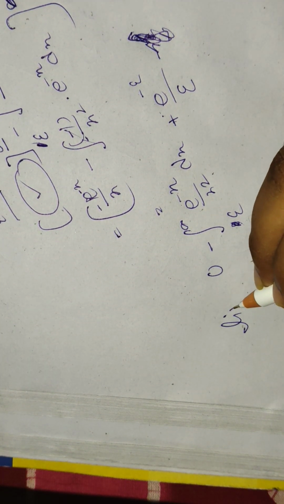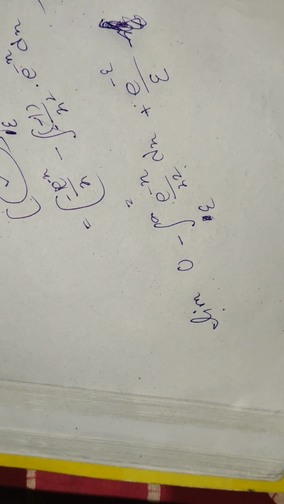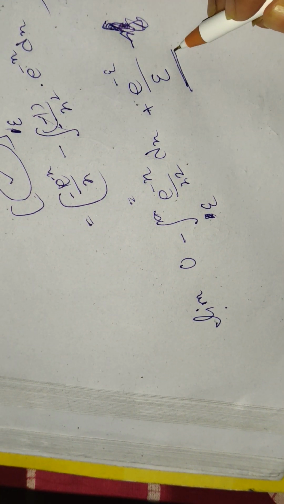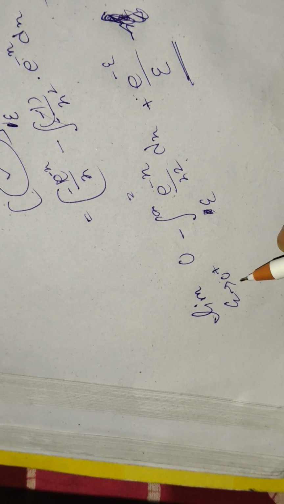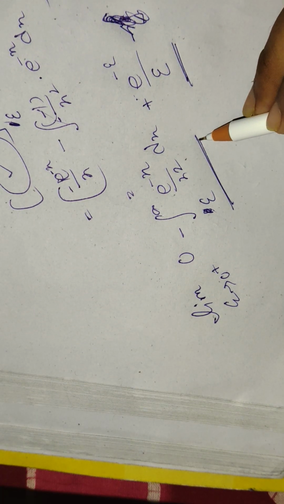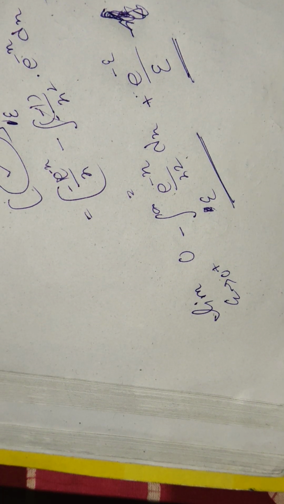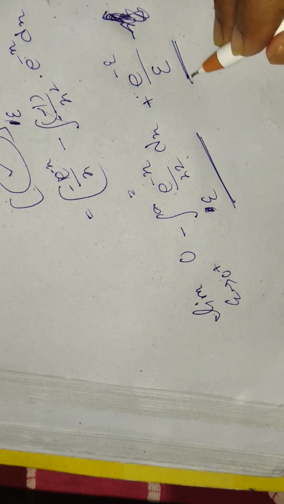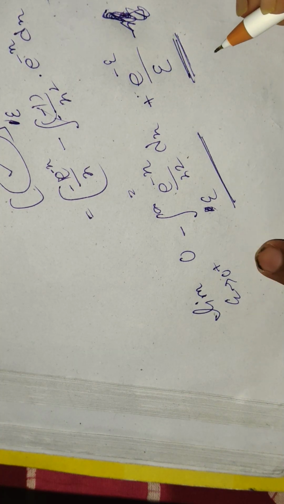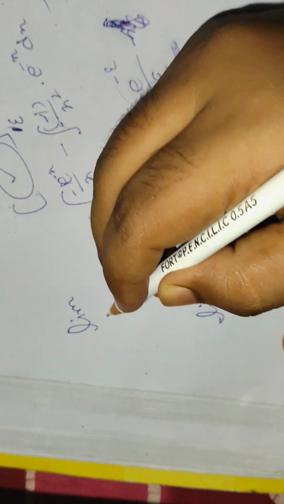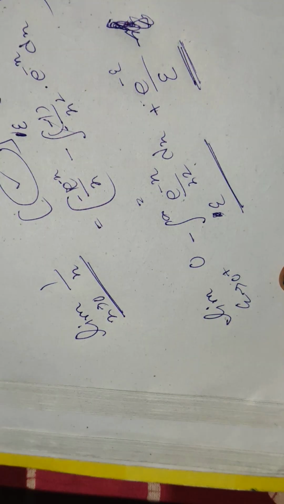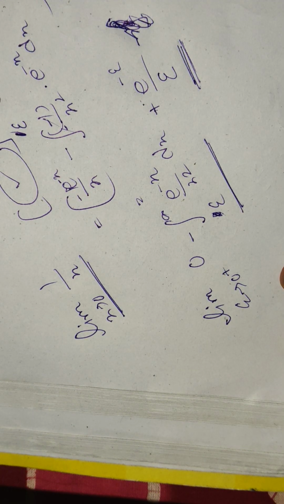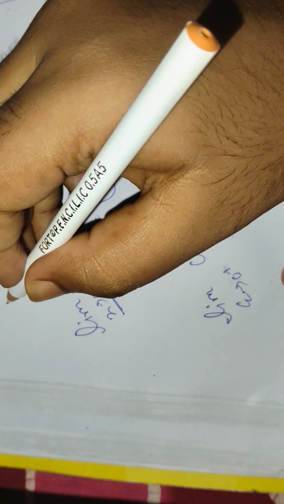Now if we are putting the limit, I am not solving it properly, but we need to know this term will be in the integration. So you will see, if we put the value of epsilon, then this will be an integration. Basically, you have to solve it in the next step, but we don't need to solve it actually, because we can see this is not existing. Why is this not existing? If we are talking about limit x tends to 0 of 1 by x, this will not exist, because if we are talking about the LHL and RHL,